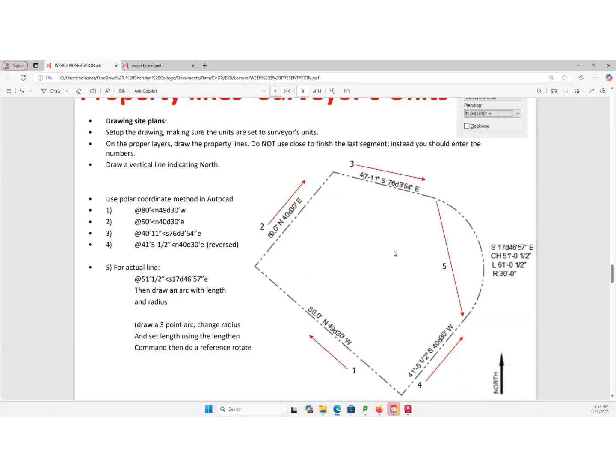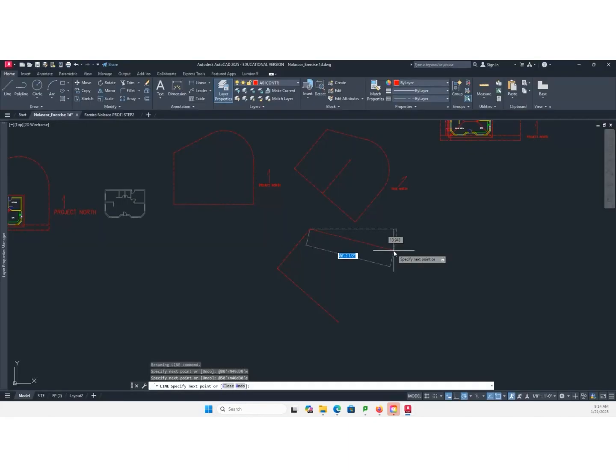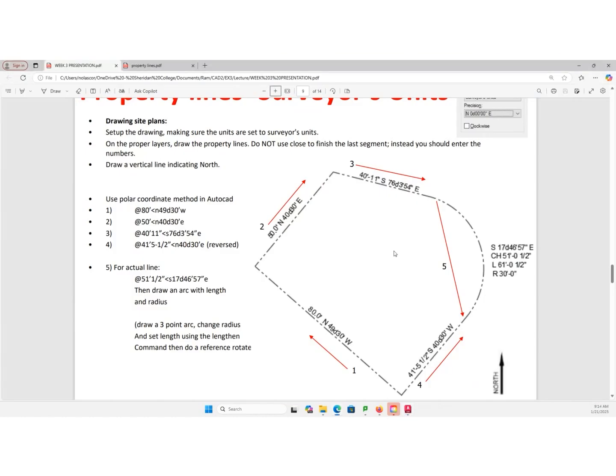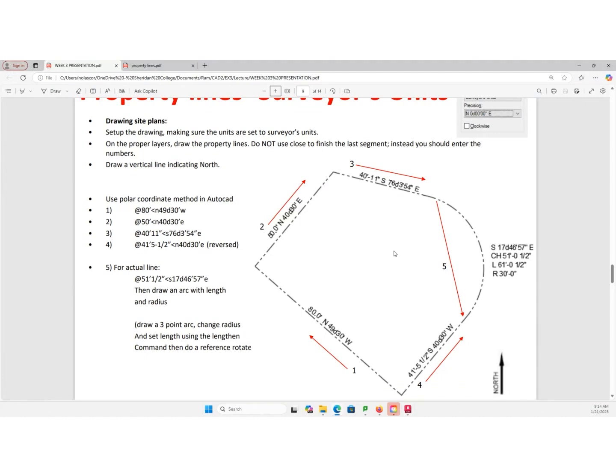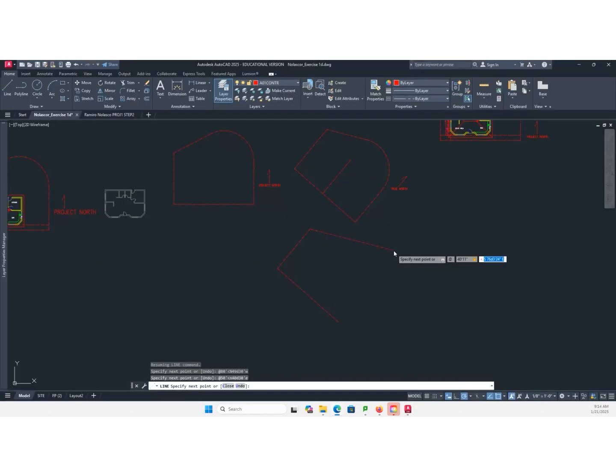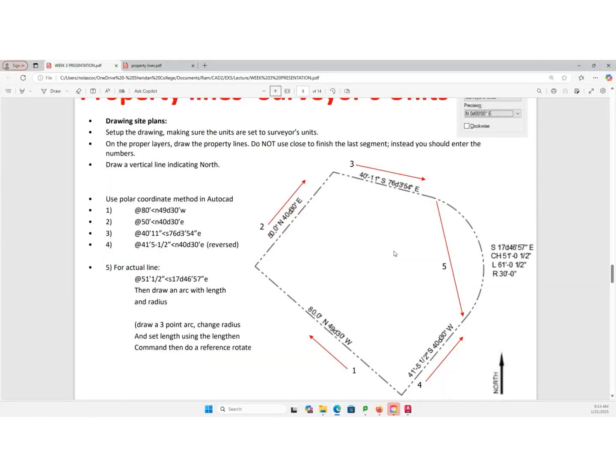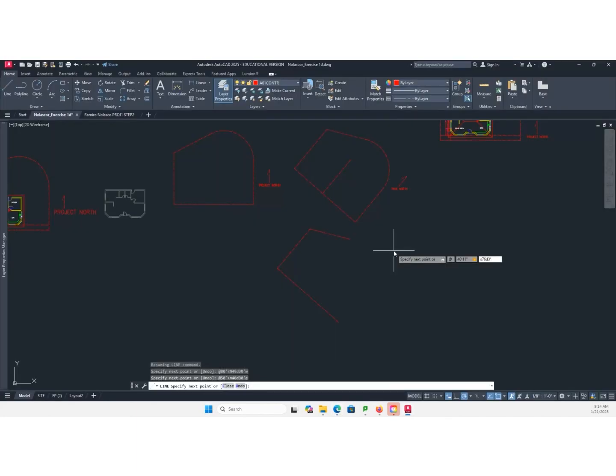And then from there, at 40 feet 11 inches, at 40 feet 11, not inches. It's inches. Inches, less than symbol, south 76 degrees, 3 minutes, 54 seconds.